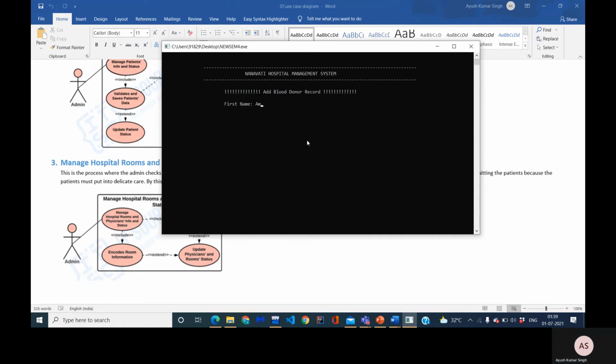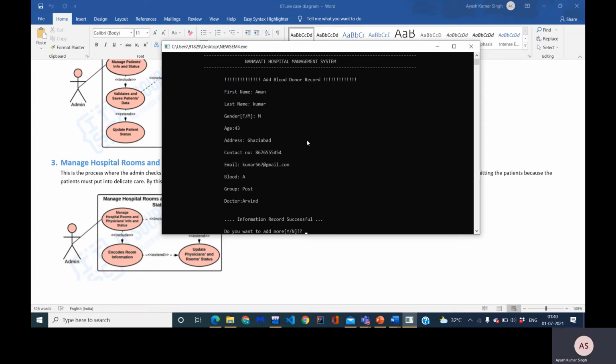I will enter Aman, and then his or her last name, Kumar, and finally gender, age, address, Ghaziabad, contact number, email, and blood group, doctor name, and finally I have recorded the information successfully.